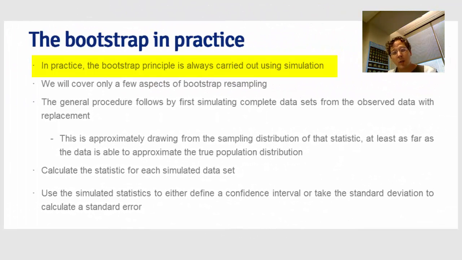The bootstrap principle actually doesn't require simulation, in the same way that if we want to know the distribution of the average of 50 die rolls, well, we could maybe mathematically figure that out. Good luck. But it's easier to do that with simulation. So we never figure out the limit of what you get when you roll the die infinitely many times, because we can approximate that so well with Monte Carlo.